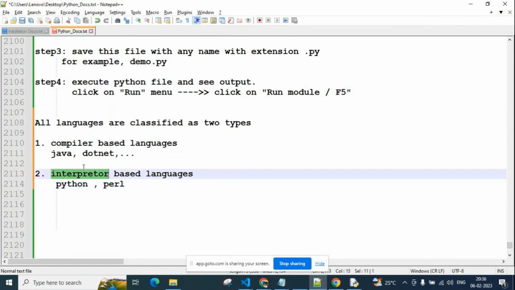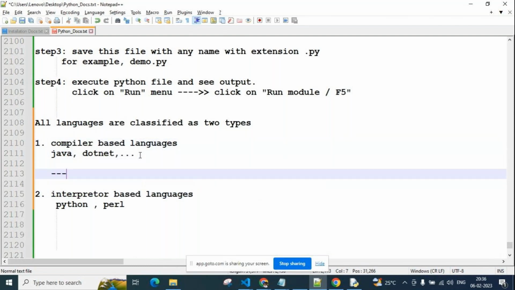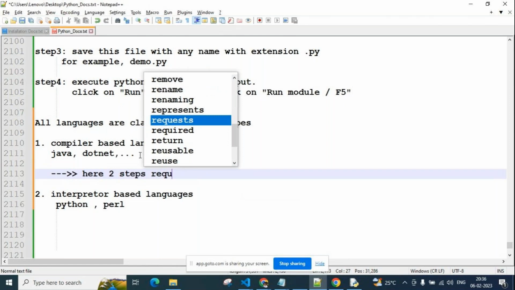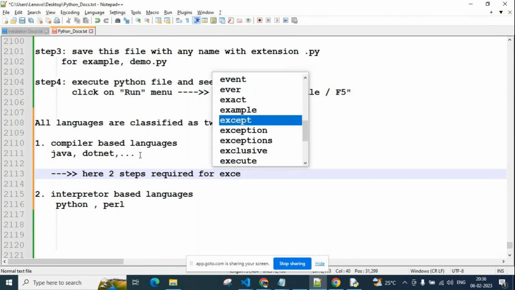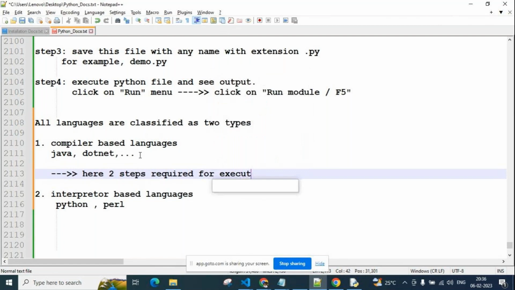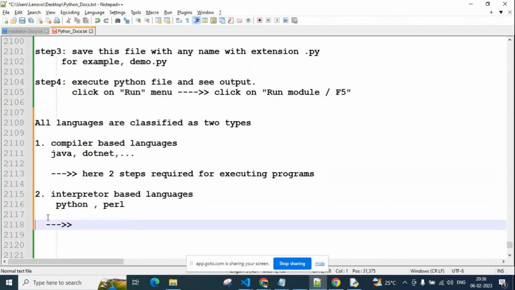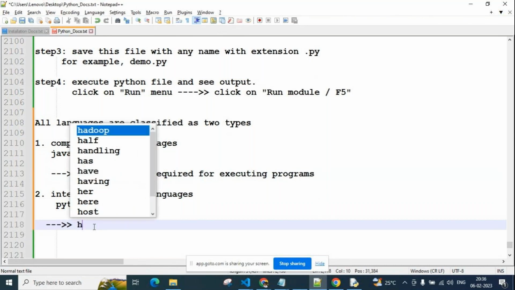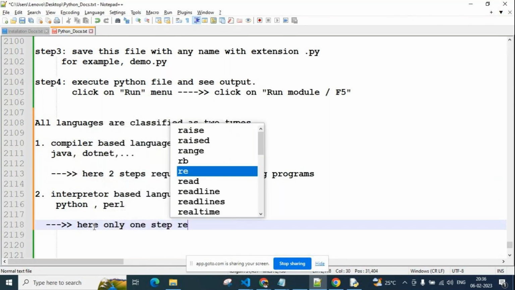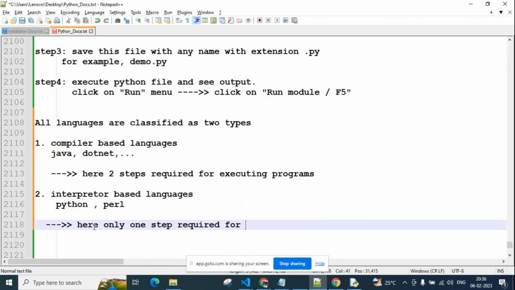Okay, so compiler means two steps are required here, guys, for executing programs. And in an interpreter, only one step is required for executing a Python program.